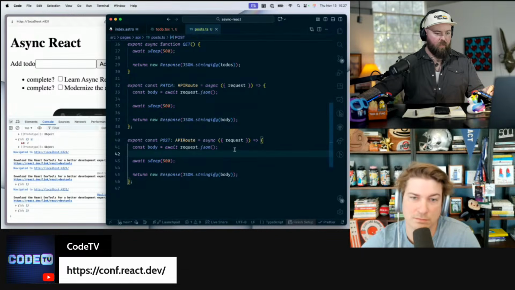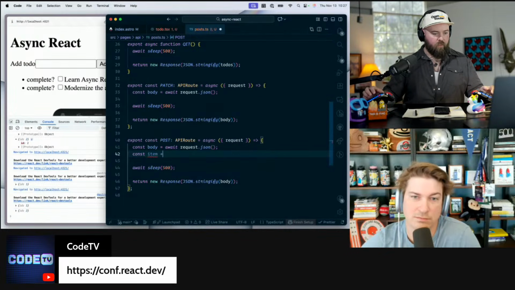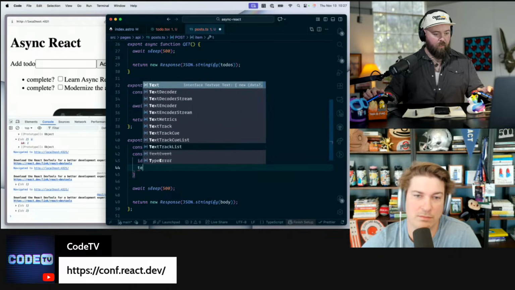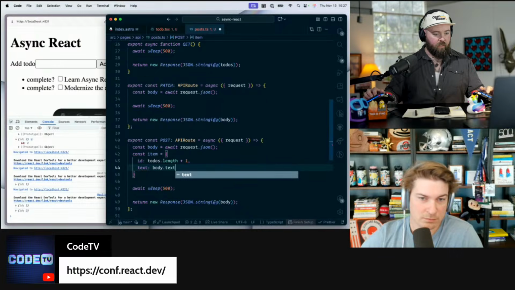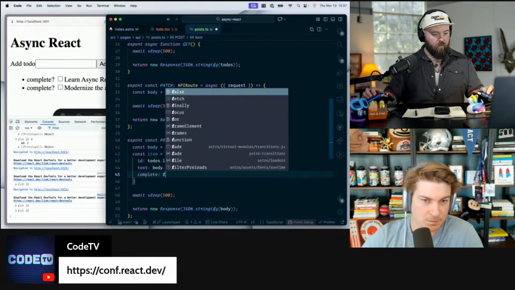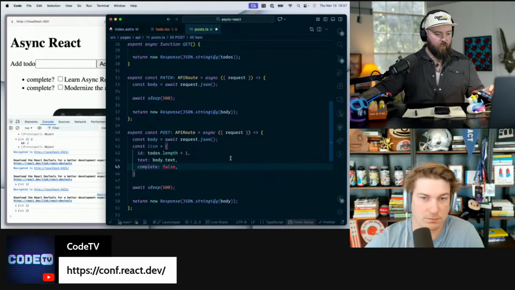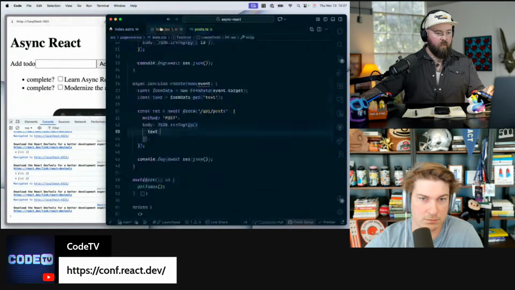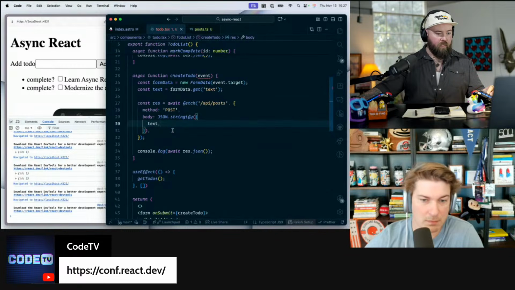So to create a new post, the ID needs to auto increment. And so we're going to do ID is todos.length + 1. And then we want to put in the text, which is going to be the body.text. And then complete is going to be false. And that should give us a functioning new to-do item, which we will drop in here. And then, assuming I did all of that right,